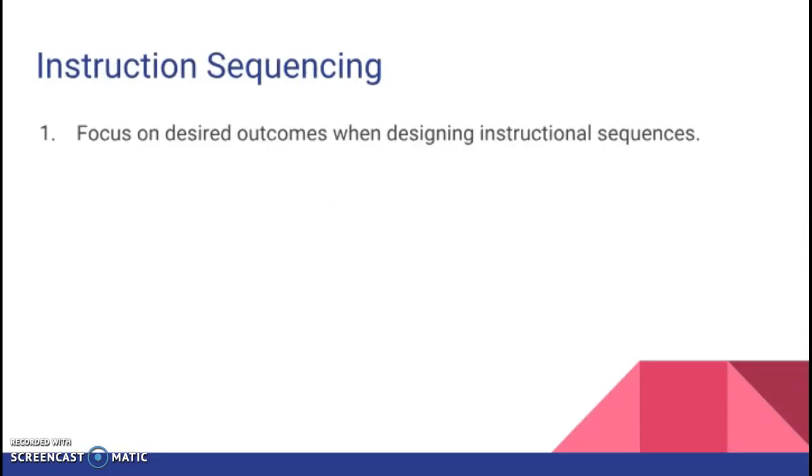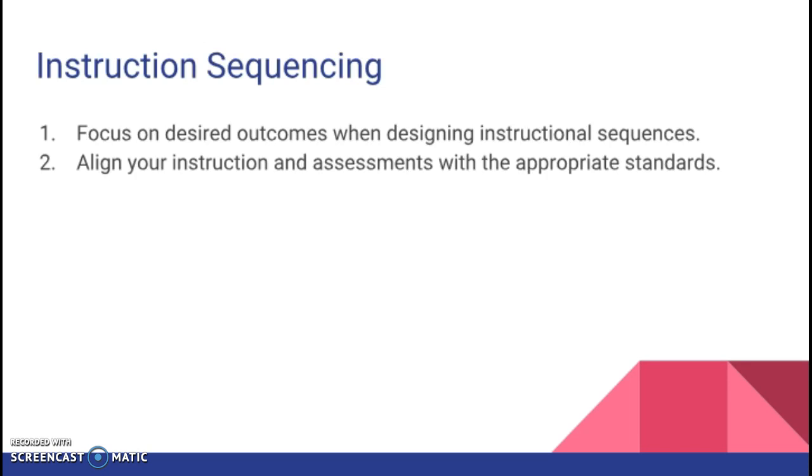Moving on, so instructional sequencing. Number one is focus on desired outcomes when designing instructional sequencing. So this is where backwards planning comes into play. You want to focus on what you want your kids to learn. You want to know what they want to know. So that leads to the second one, align your instruction and assessment with the appropriate standards. The standards are what students need to be learning. So by understanding what standards you need to cover, it helps you focus on what the desired outcomes are,